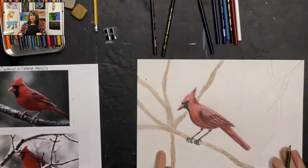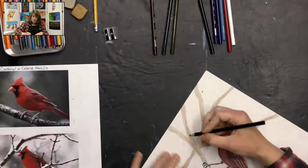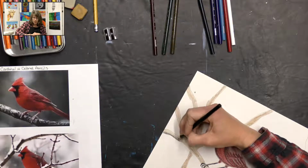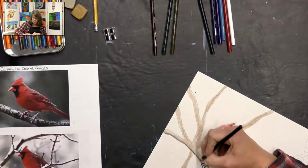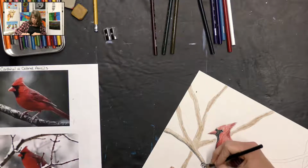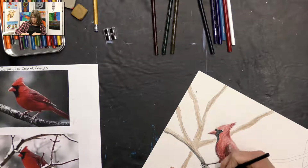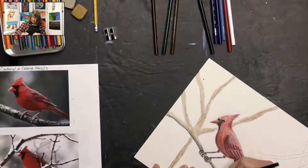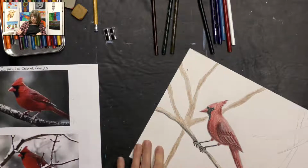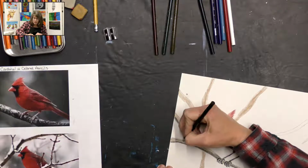So once you have all your branches shaded in your brown, you're going to take some black. And the shadow is going to be on the bottom side of the branches. So I'm just going to create a little bit of shadow. Remember, it doesn't have to be super neat because this is wood, and wood has a very rough texture. And then when you get to your bird, you're going to have a little more shadow just because of the body of the bird. So it's going to cover a little more on that. And then I'm going to go all along the bottom of my thing, and then the bottom side of this branch, maybe even a little more on this one